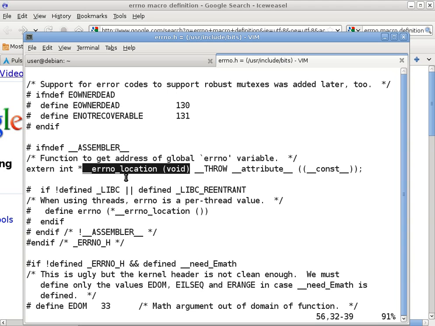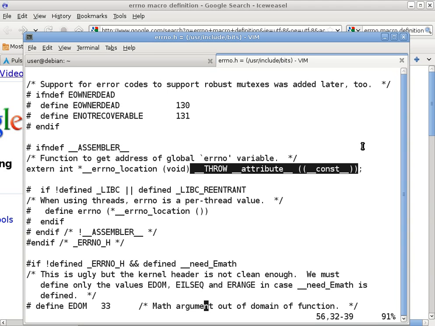So errno location void is the prototype of a subroutine that returns the pointer to an integer. The rest of it basically are additional specifications to specify special attributes of this subroutine.